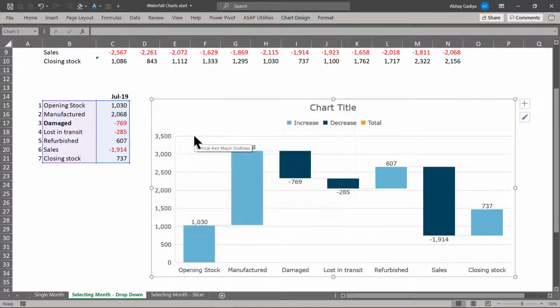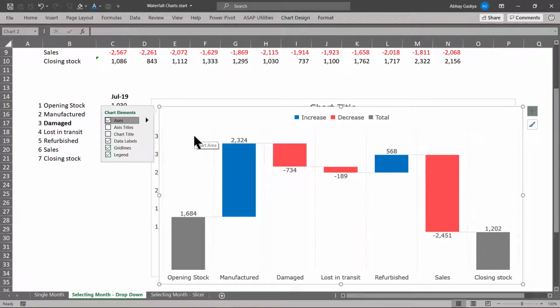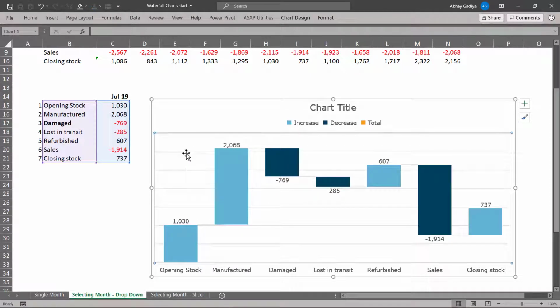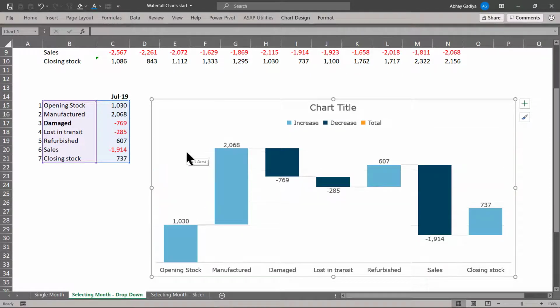Yes. No, I can't do that. Let us press Control V. Still I can't do that. So let us press Control Z. And now we will have to do the same formatting one by one. So this is a limitation of this inbuilt chart where we are not able to copy the formatting from our previous chart. For other charts, this was not an issue.